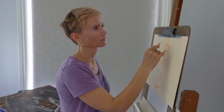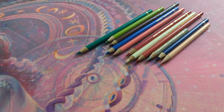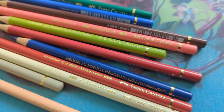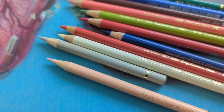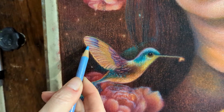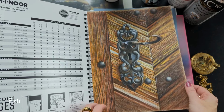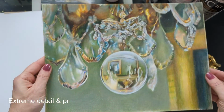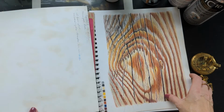Polychromos can be frustrating filling in large backgrounds or spaces drawing on a large piece of paper because they have an oil-based lead. I usually use the softest colored pencils for this task and then switch to Polychromos to work on smaller shapes and details when the first layer is filled in. Extreme detail is where these colored pencils shine. It's possible to produce highly detailed drawings with maximum precision and color saturation that's impossible to do with other brands